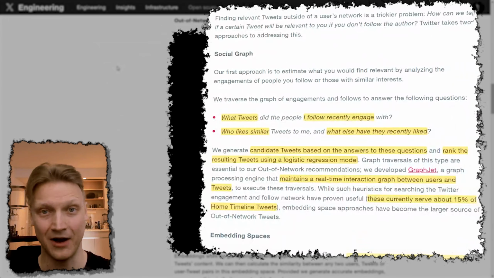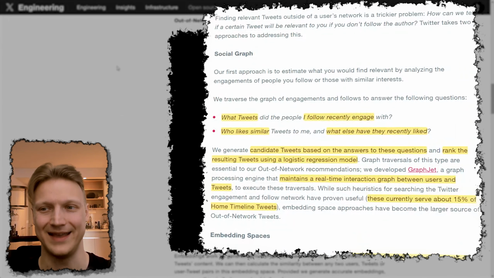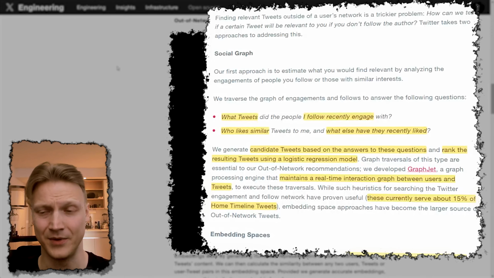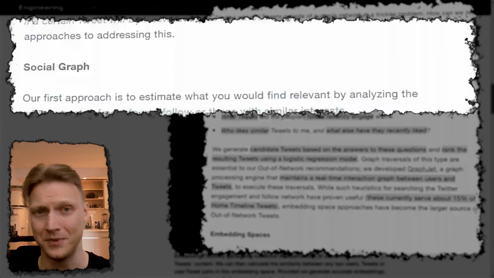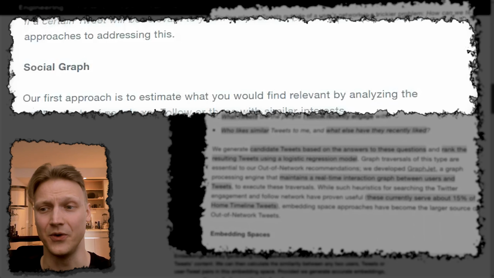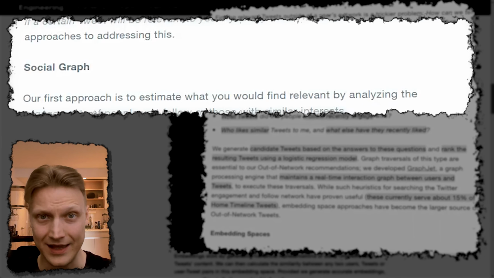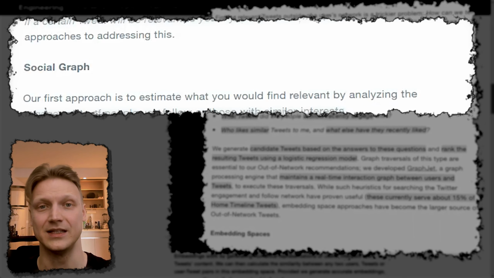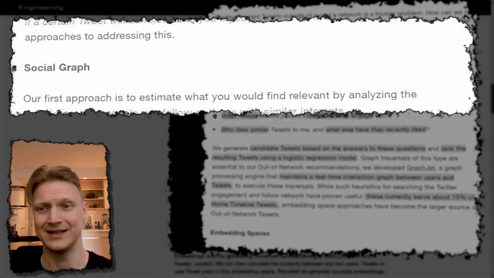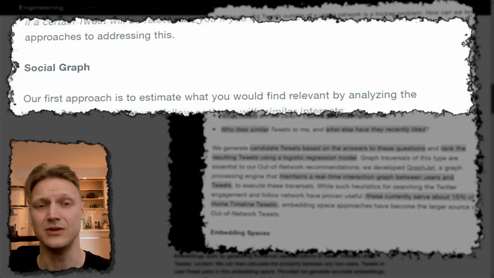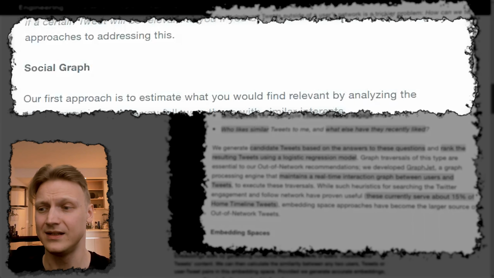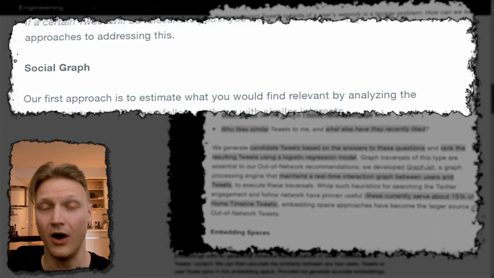In the case of out-of-network, things are more complicated. Here, they're making use of multiple things, essentially. For historical reasons, they've preserved this system called social graph, the whole point of which is to derive some sense out of your second-degree connections by traversing the graph of engagement activities between them and your first-degree connections to find the strongest ones and feed it to you too, to see if it resonates with you. It's still serving about 15% of all home tweets.